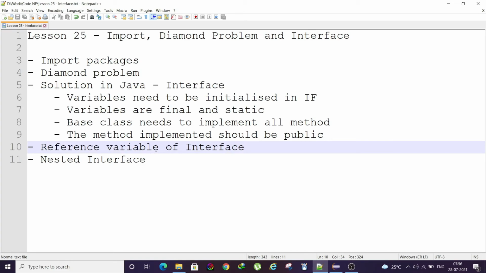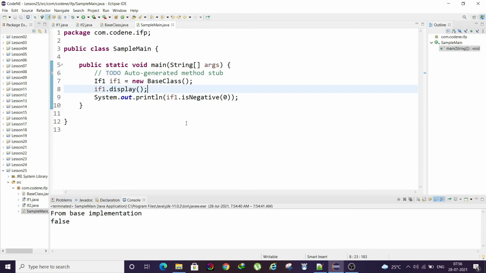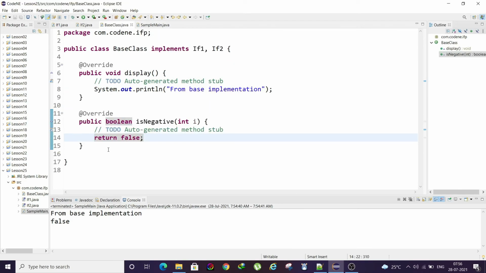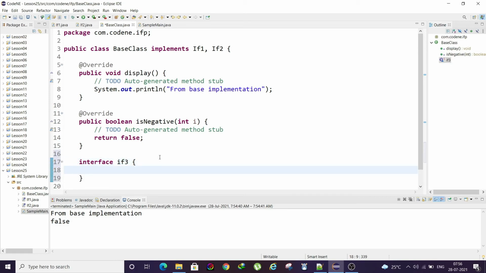So our next topic is nested interface, okay? So this is also very much similar to your nested class. For example, you have an interface inside the base class itself. Let's name it if3, and here you will have display, okay?